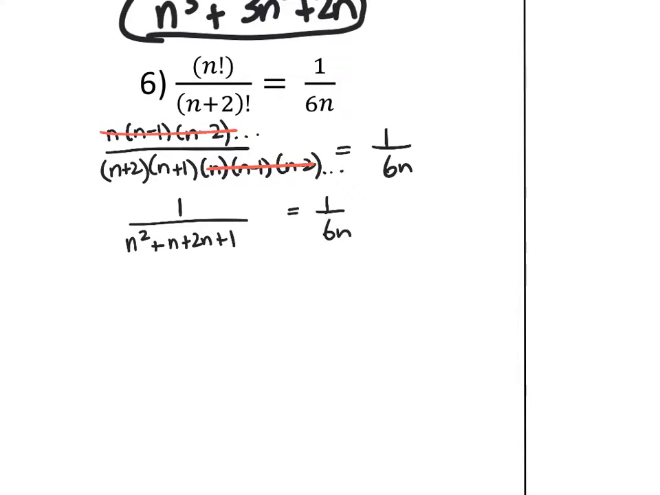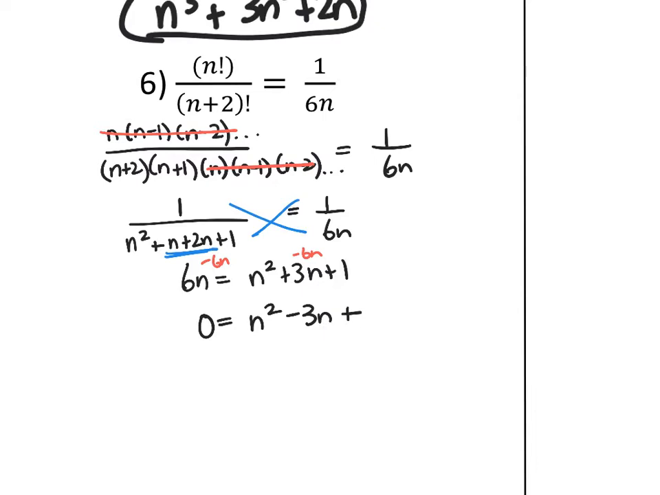Now I'm going to cross multiply and simplify at the same time. Hopefully that's okay. 1 times 6n is 6n. And 1 times this stuff will move to the top, but can I also at the same time put together my like terms? So I will have n squared plus 3n plus 1. Move everything to one side, so I'm going to subtract 6n. So I have 0 is equal to n squared minus 3n plus,